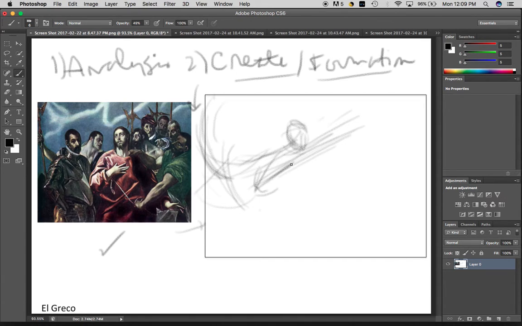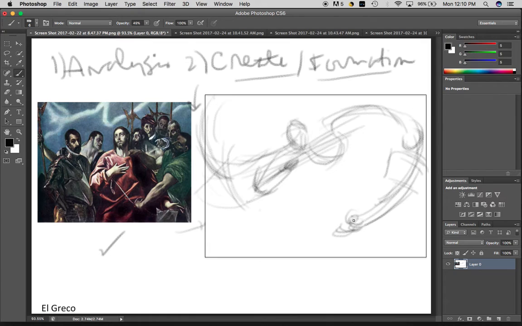The hand, the arm direction from lower left up to the right, tends to move us in that direction too as we move up. This darker shadow tends to move in that direction. And then we see this grouping, this clumping of these heads, which moves us up through this area. And then notice how the head of the figure, in dark, is a little bit lower than the figure of Christ, but El Greco crops this figure off and then uses the sweep of the arm to get us down and back to the